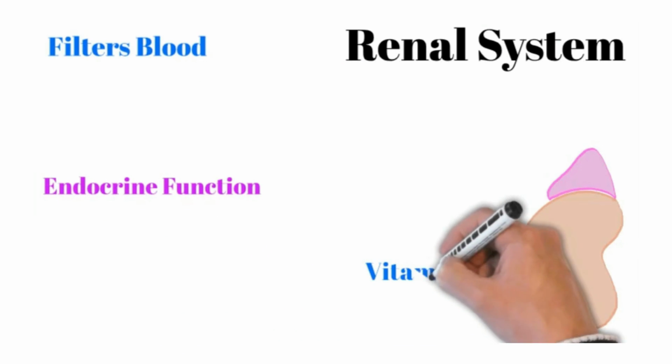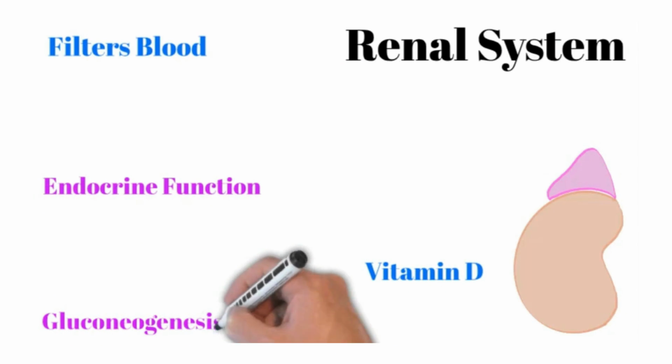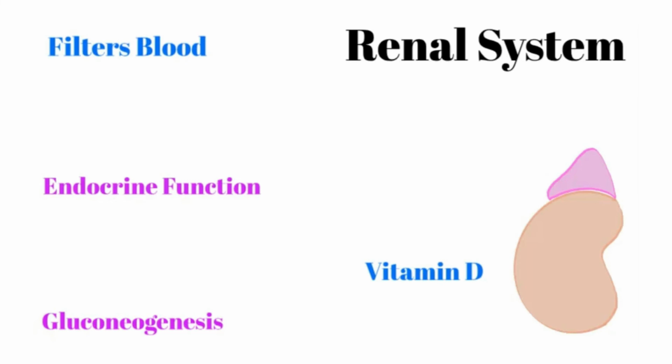Down here on the lower right, I have a very basic depiction of a kidney. Sitting directly on top of each kidney is an adrenal gland, otherwise known as a suprarenal gland, that has nothing to do with the renal system. It's just where this adrenal gland is located. But as far as functions of the renal system, and I'm going to work backwards on this image right here,